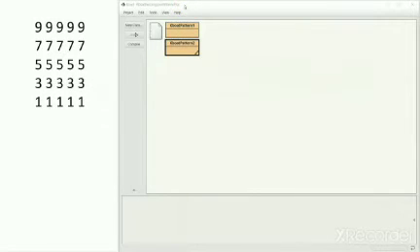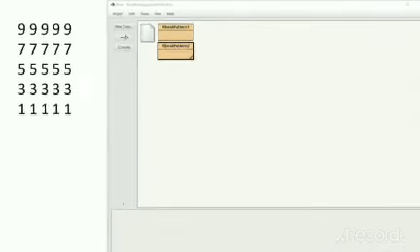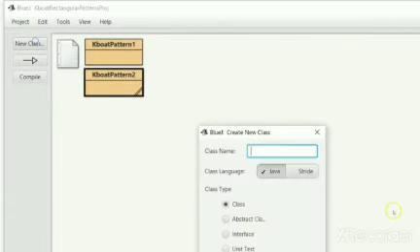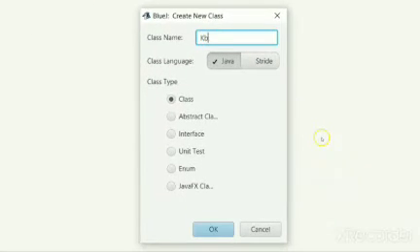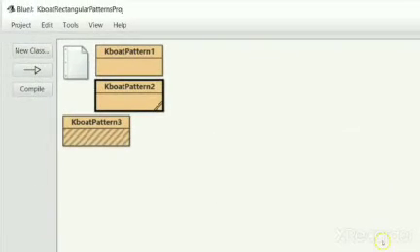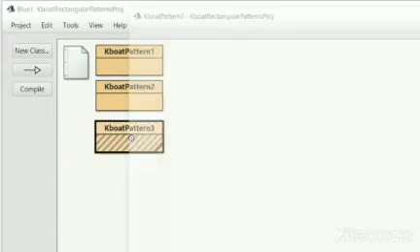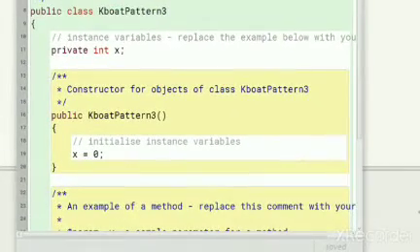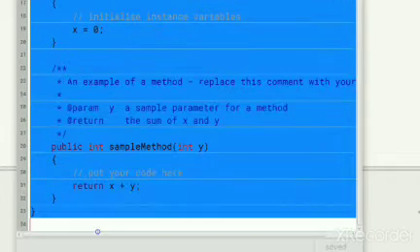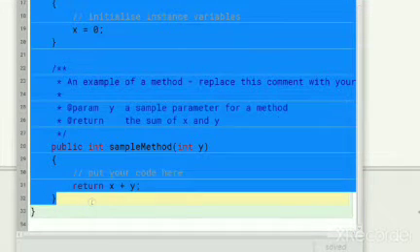We will go over it a bit quickly. Let me add the KeyboardPattern3 class for this. Let's replace this code with the main method.